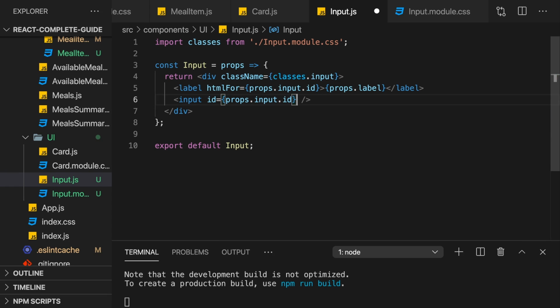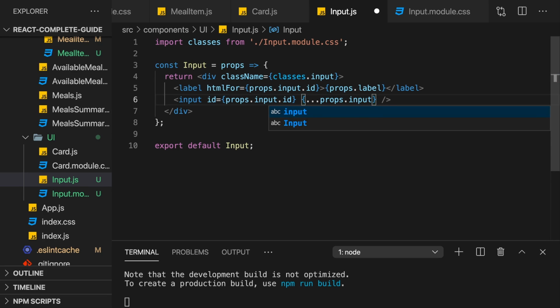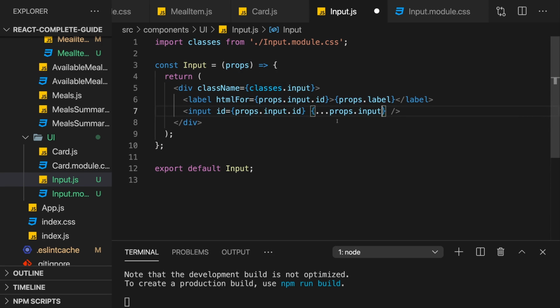So props.input.id. In addition, I will now use a nice little trick to pass all other configuration data I might have gotten for this input to this input element here as props. I add curly braces here, just like this, and then use the spread operator to spread props.input. This ensures that all the key value pairs in this input object, which we receive on props input, are added